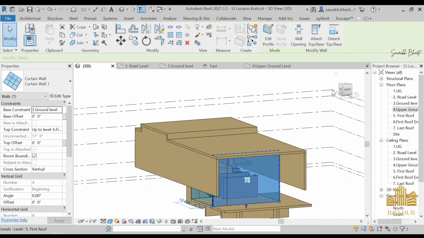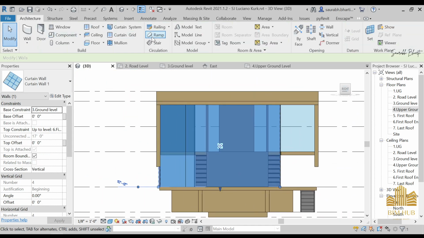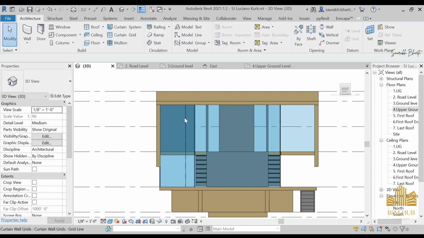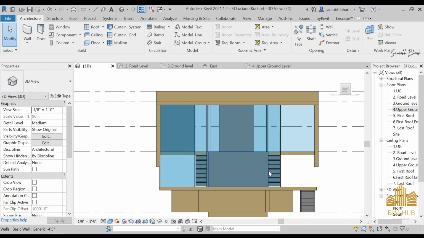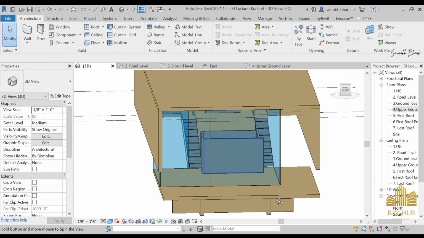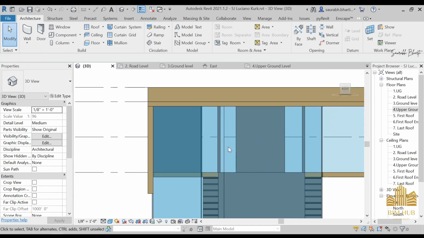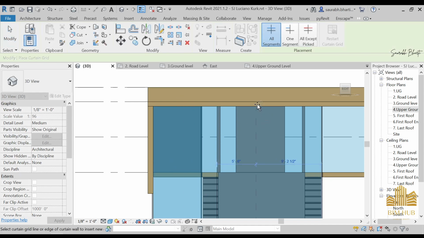So just select this one, go to the view that you are in, go to architecture, and then curtain grid, and we need to give it a size of 10 feet. So first one, 10 feet, done. And I don't think it will be of that size, so I will reduce its size to 9 feet. Again, architecture, curtain grid,